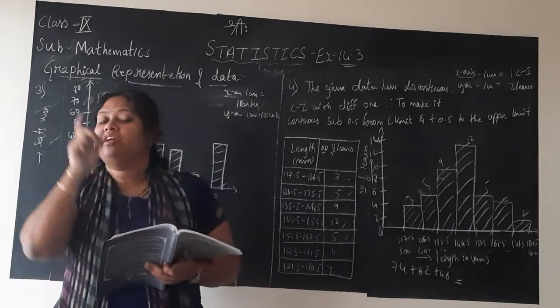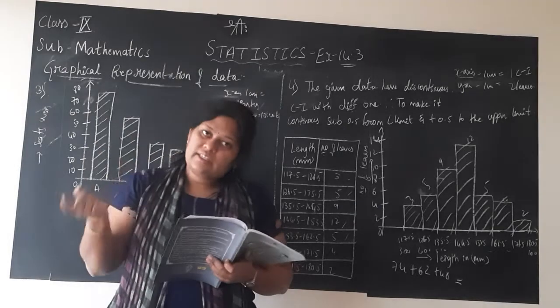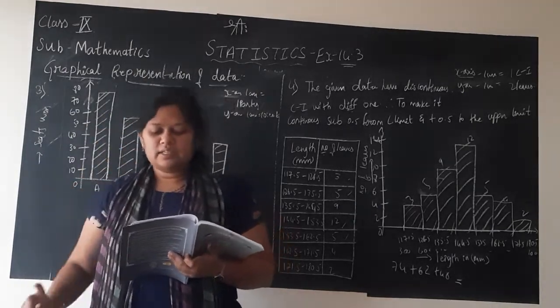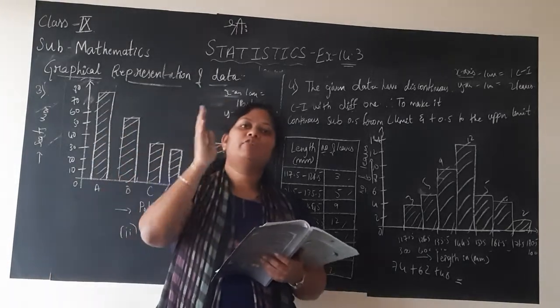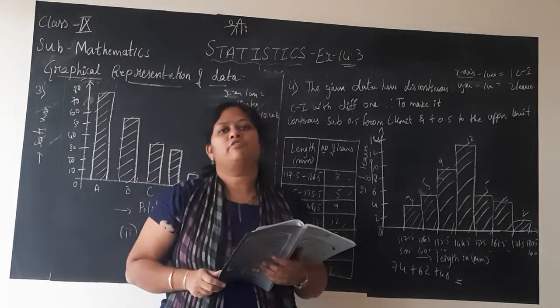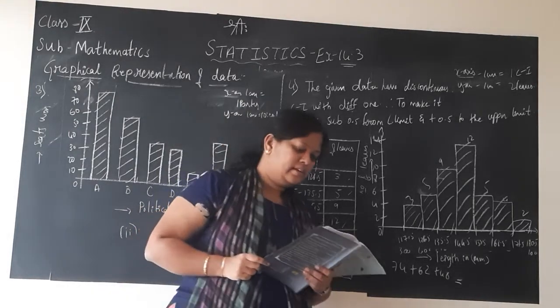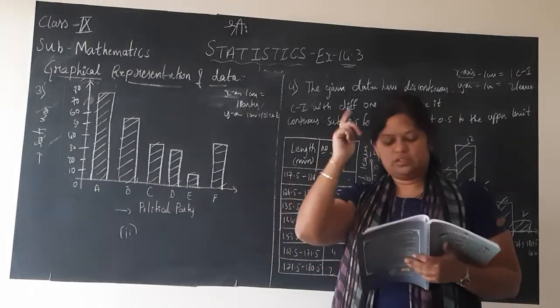Look, they are mentioning here frequency polygon only, but for both the sections you have to do it in the single graph. From the two polygons, compare the performance of the two sections. So by looking at the graph, you have to conclude which section has performed well in the test. We have to find out. I'll clean the board and solve it for you.